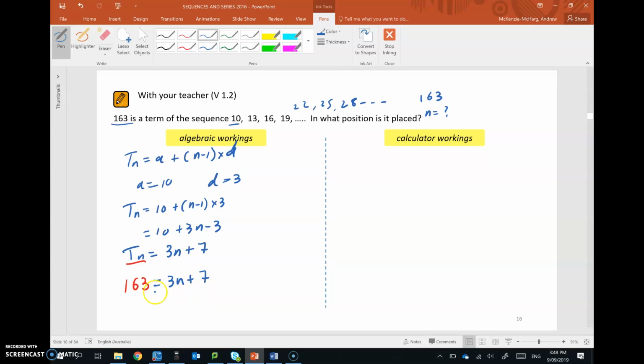Okay, so with this one, we're going to subtract 7 from both sides. So this 7 comes over and becomes negative 7. So we have 163 take 7 equals 3n. And then we're going to divide both sides by that 3. It's multiplying on this side, so it goes on the other side and divides. So essentially what we have is that n equals 163 take 7 over 3, which gives us 52. So it's the 52nd term